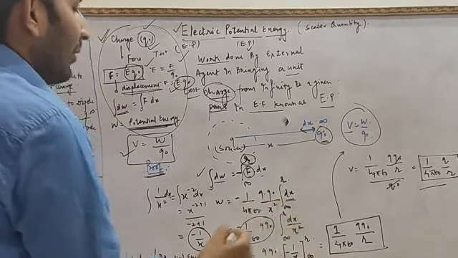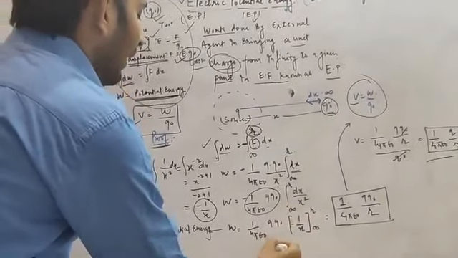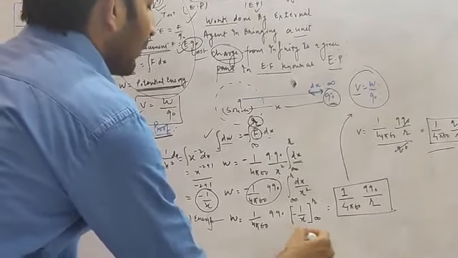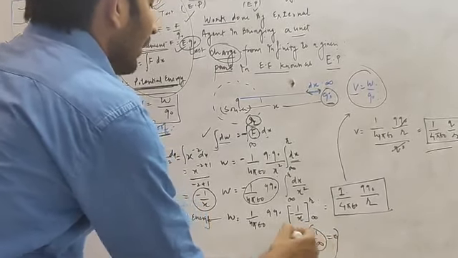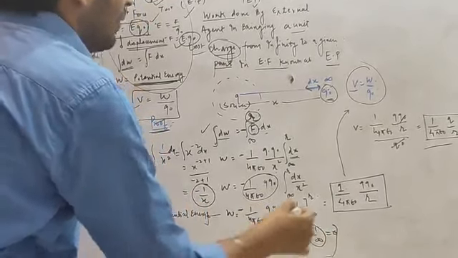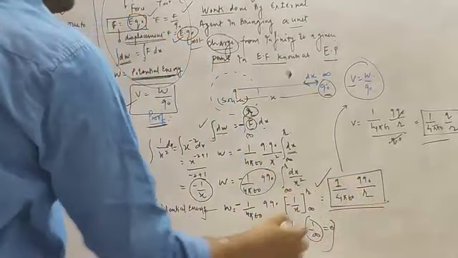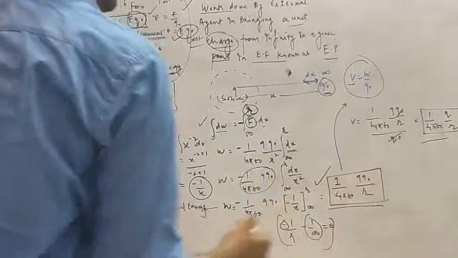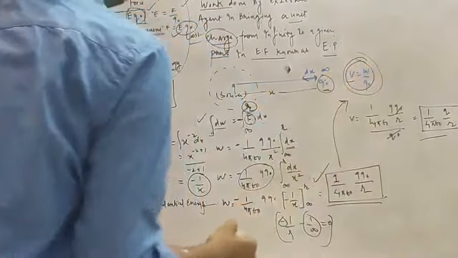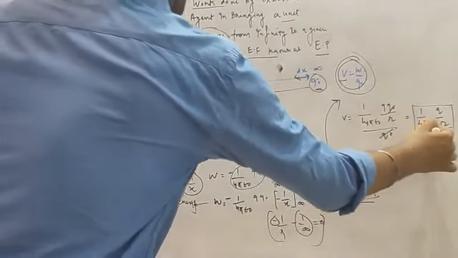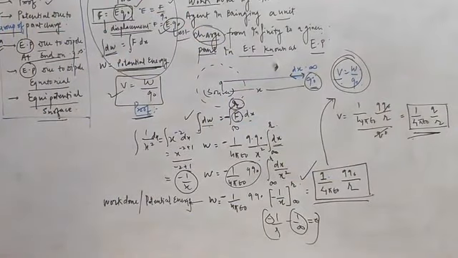So we can simply write the value minus 1 upon x, and if you substitute upper limit minus lower limit, it becomes 1 upon R minus 1 upon infinity, and 1 upon infinity equals 0. So ultimately the minus and minus will cancel out, and the value of the electric potential energy equals 1 upon 4 pi epsilon naught, Q into Q0 upon R. If we use the formula for the electric potential, V is equal to W upon Q0, so Q0 will cancel, and the value of the electric potential equals 1 upon 4 pi epsilon naught, Q upon R.